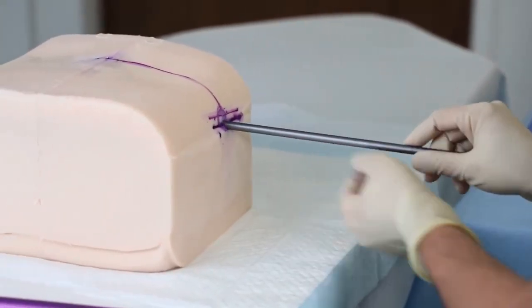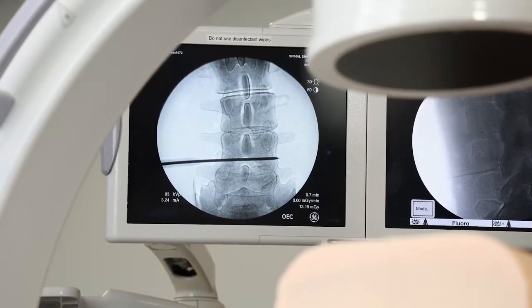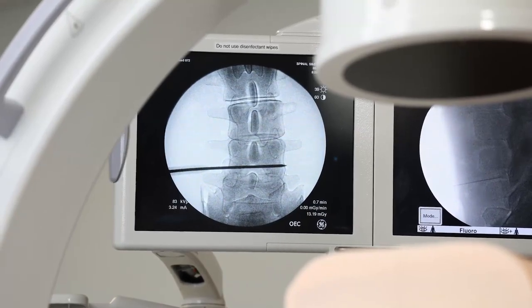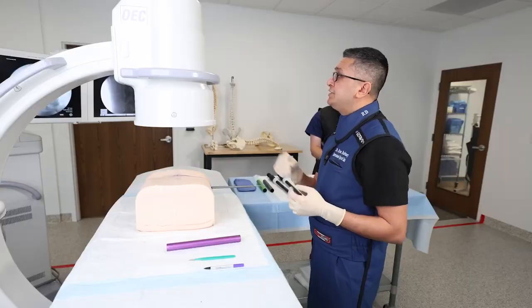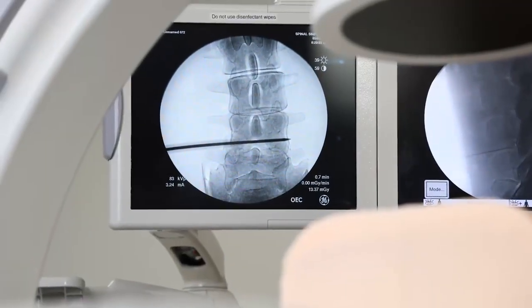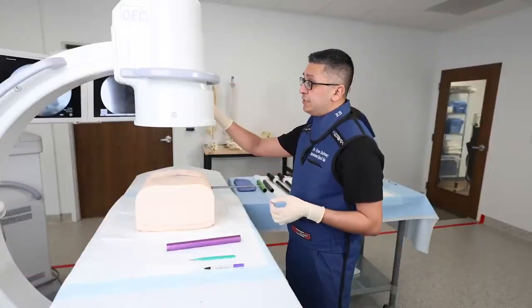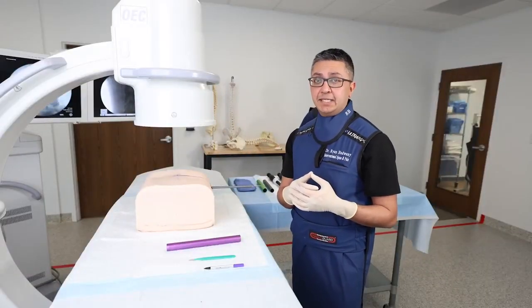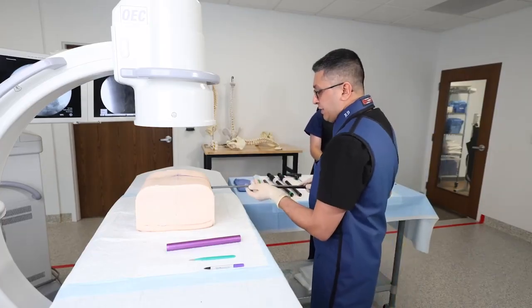Now we're in the AP view and I've inserted dilator 1. As you can see, you can make out that dilator as we're going forward. And then you see that facet line there. That's where you want to have this set. One, our guide pin is stabilized. And two, the first dilator can be made out right next to that facet line. That's where I would keep that first dilator. Then I would bring in the second dilator here, and just like in this pattern, we will continue forward.